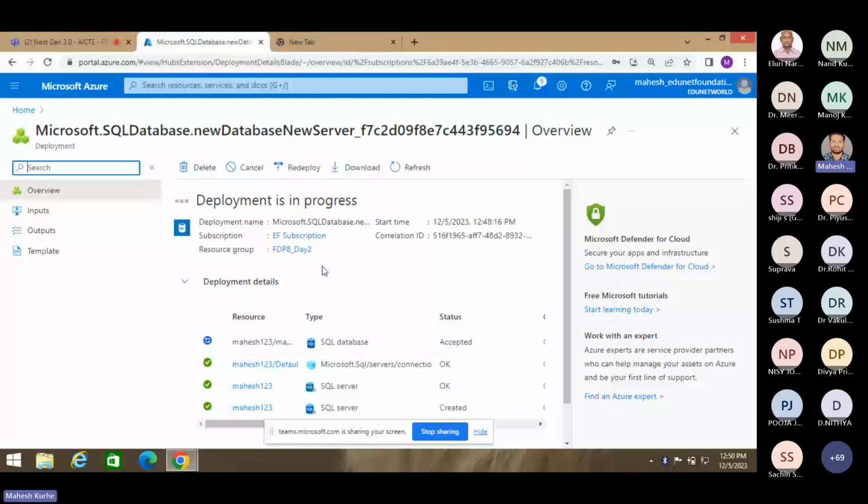So in this monitoring tab, you can monitor your database, like how many